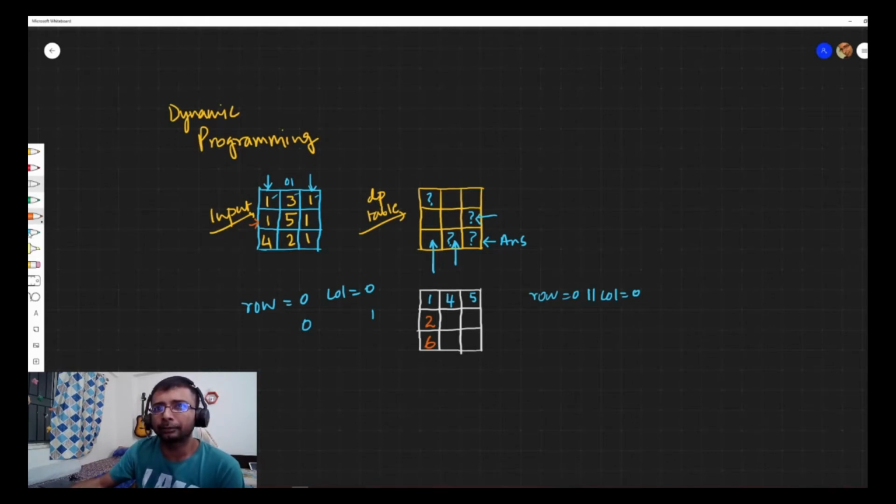Okay. Now filling up the rest of the cells will have various options for me. So when I am calculating for this cell, I have two options to choose from. Either I could come like this or I could come like this, right? I have two choices to make. So we are calling this dp, right? So when I'm filling up for dp[i][j],